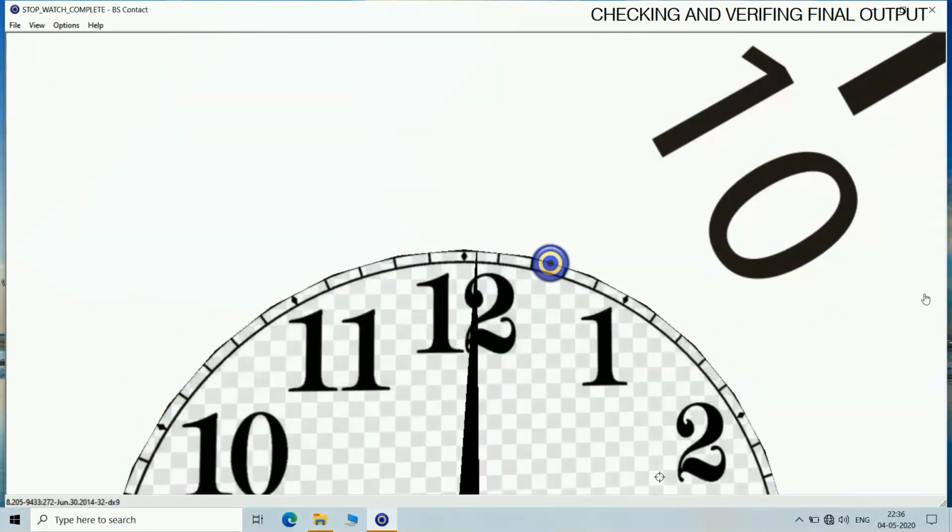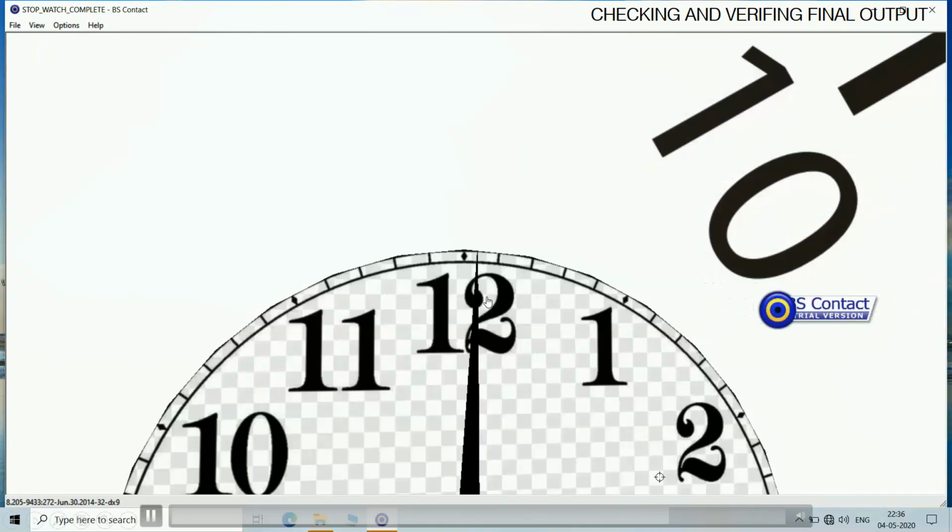It actually indicates that there is some movement in the hour hand. Of course, it is a very small movement, but you can see at this particular point something moving. Here you can see that something is going up, up, up, up, up.